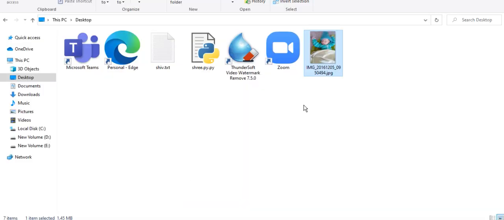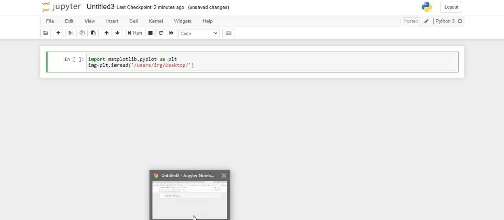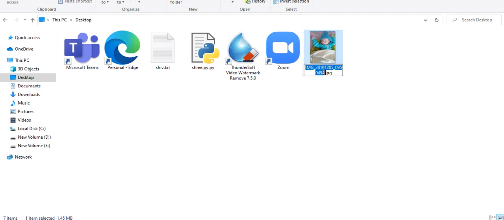one image I have stored on my desktop. So go to this image's properties, copy this file path, and paste it here. Make all the backward slashes into forward slashes. Then you have to give the file name,